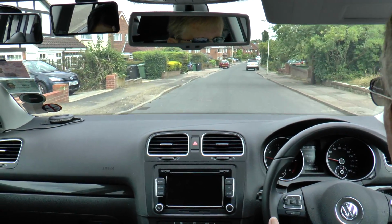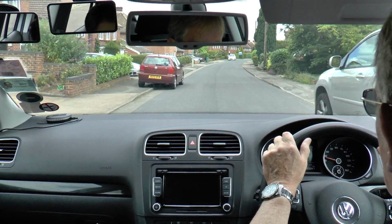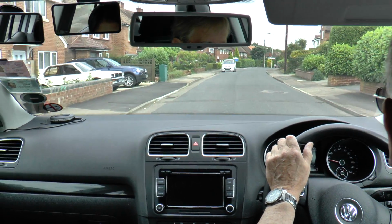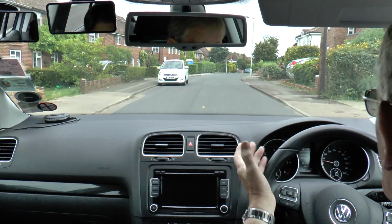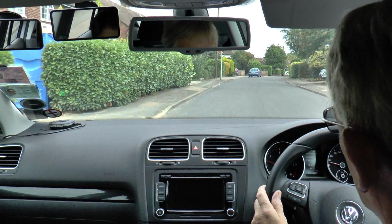That's it. And why is it important not to have your clutch down too early at an emerge? Oh, I lose that engine braking, don't I? Yeah. And what are the dangers of that? If you're going downhill, I could go up too fast, couldn't I? Yep. And if you're uphill, I might not make it. That's it. And turning right. And I'd like you to